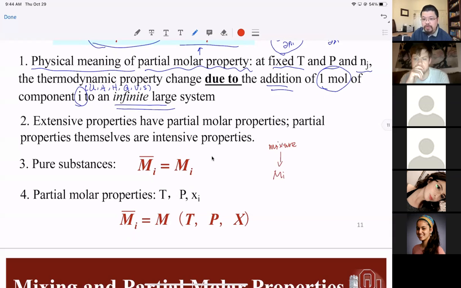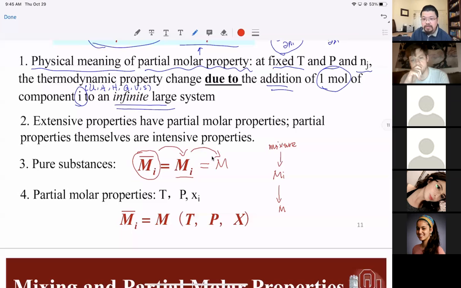Then when you are moving to the pure substance, you automatically get rid of this i because you have only one component. Yes. So M is just one component, right? Uh-huh. So this is the general symbol for the mixture. And then when you have the pure component, you get rid of the bar. It's no longer partial, right? And then you have one component, you get rid of this i